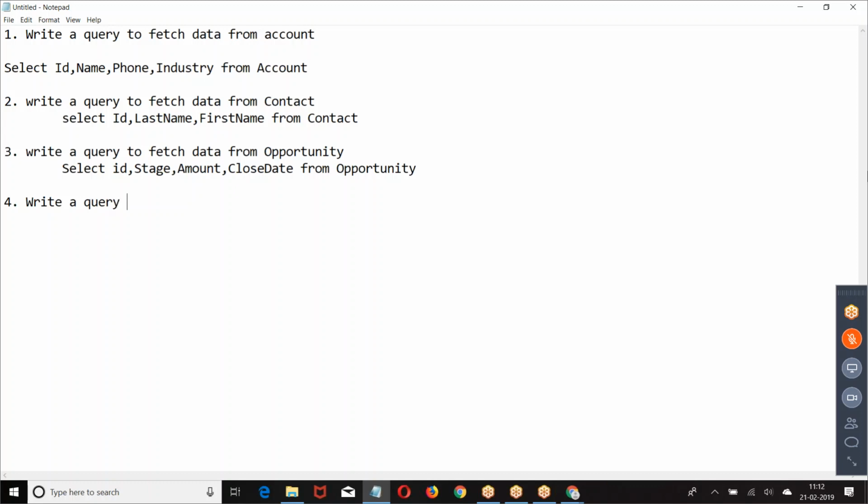Write a query to fetch the data from user. SELECT Id, LastName.